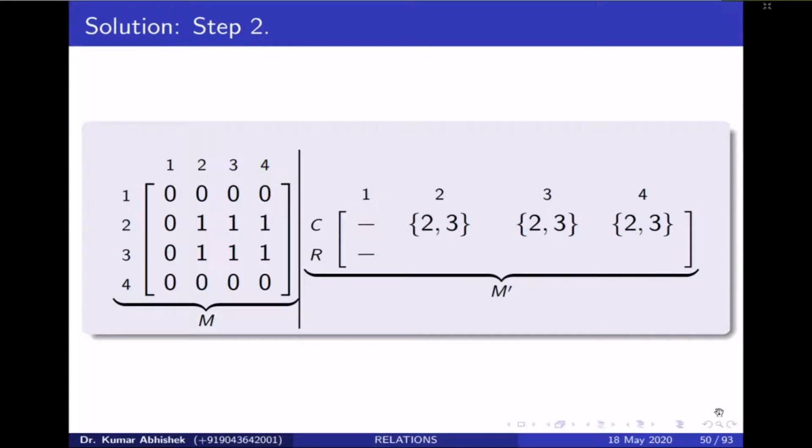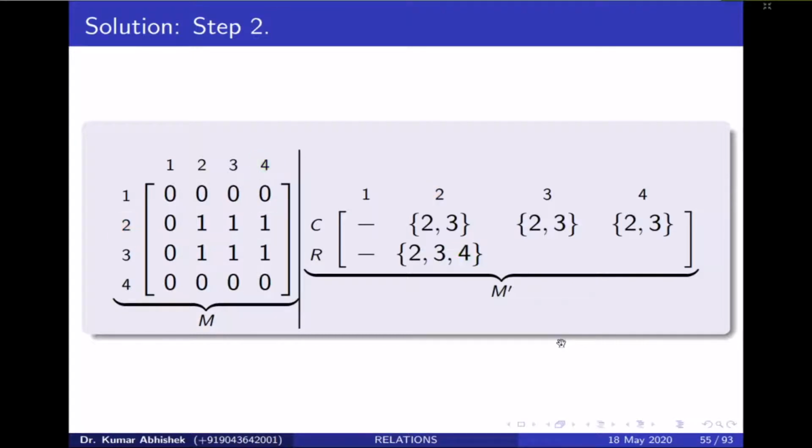Now we move on to the second row and we see that the first non-zero entry appears at the intersection of the second row and the second column, which we record under the second column and the second row of M dash. Similarly, there is a non-zero entry at the intersection of the second row and the third column. Again we record that under the second row and second column of M dash. And finally there is a non-zero entry at the fourth column and second row intersection in M, which we record at the second row and second column of M dash.